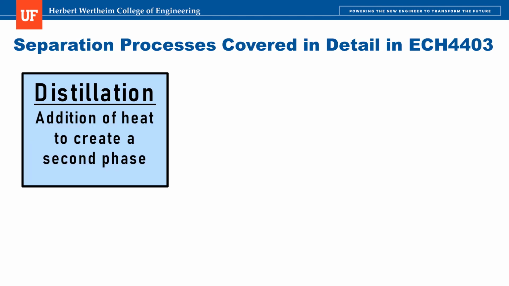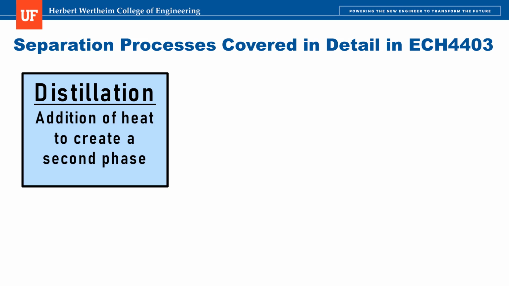Regardless, this exploitable difference of boiling point forms the basis of distillation, which is a process that forms a second phase by the addition of heat. So for a liquid mixture, for example, if you boil a portion of this mixture, you will form a vapor phase, and a vapor is very easy to separate from a liquid. You can simply drain the liquid out or allow the vapor phase to float off of the top, and therefore you've separated them. And if you require that the vapor phase comes back into a liquid phase, you could just